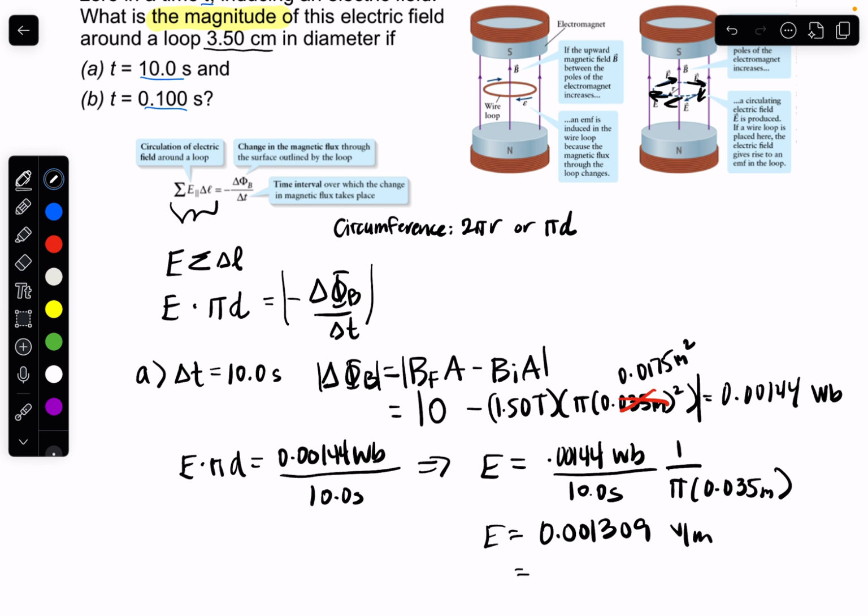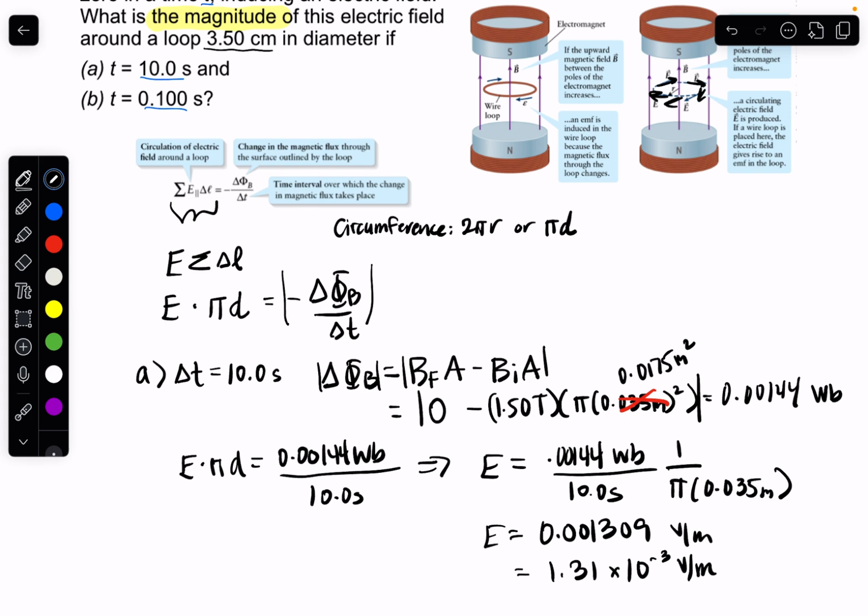voltmeters. So that is, if we move this 1, 2, 3, 1.31 times 10 to the minus 3 voltmeters. And that number makes sense. It's on the order of the last problem that we did, which gave us an E field of 10 to the minus 2. So it's not like an absurdly small E field, which would lead us to believe maybe we made an algebra mistake. So let's see what happens to the E field if we were to change the field a lot faster,